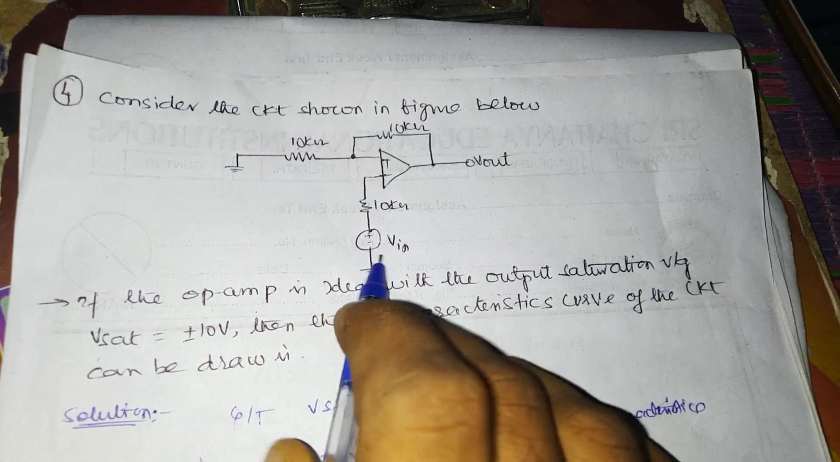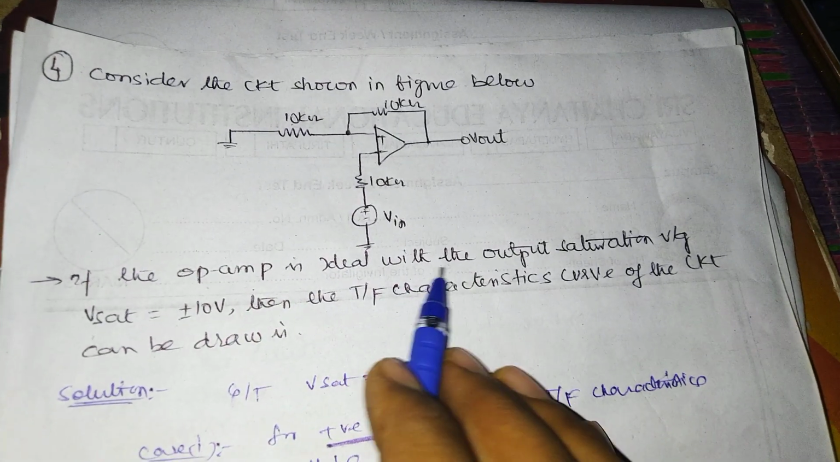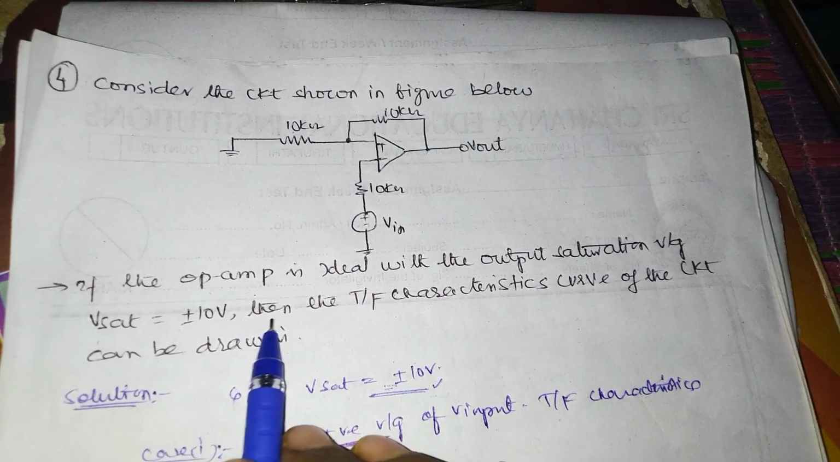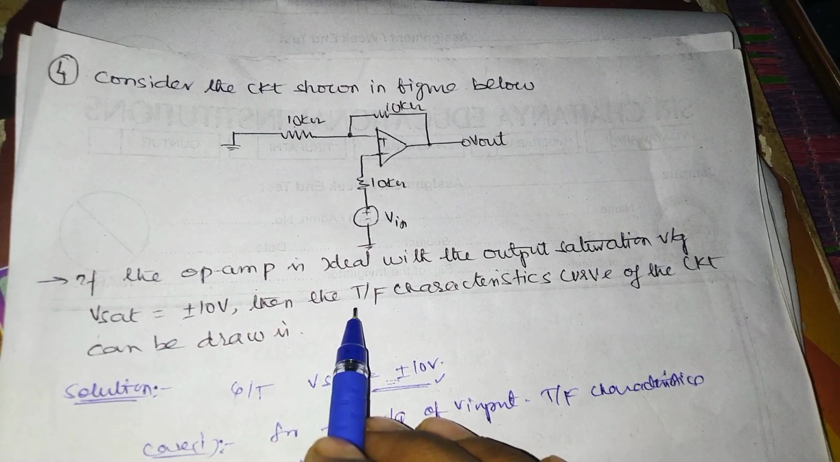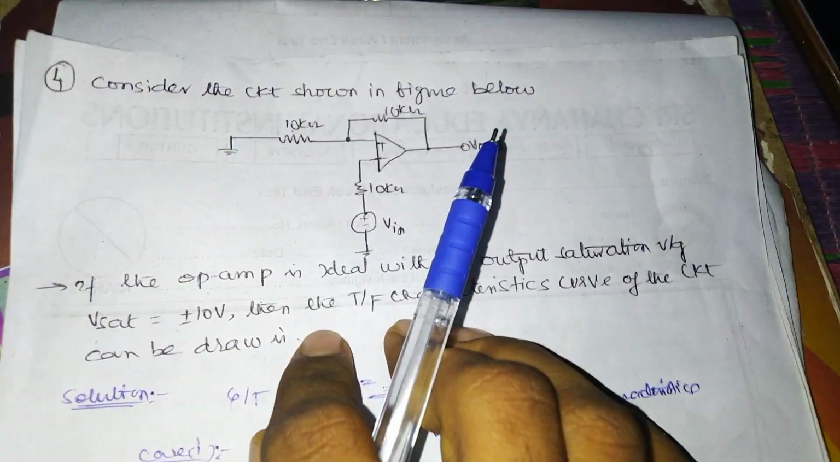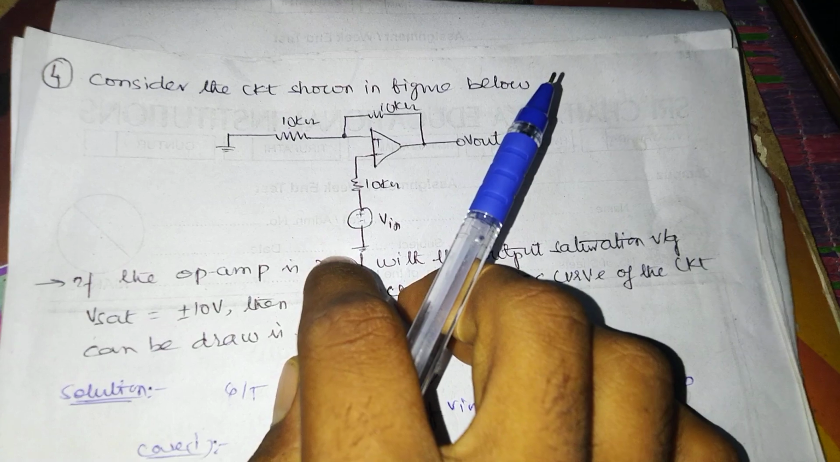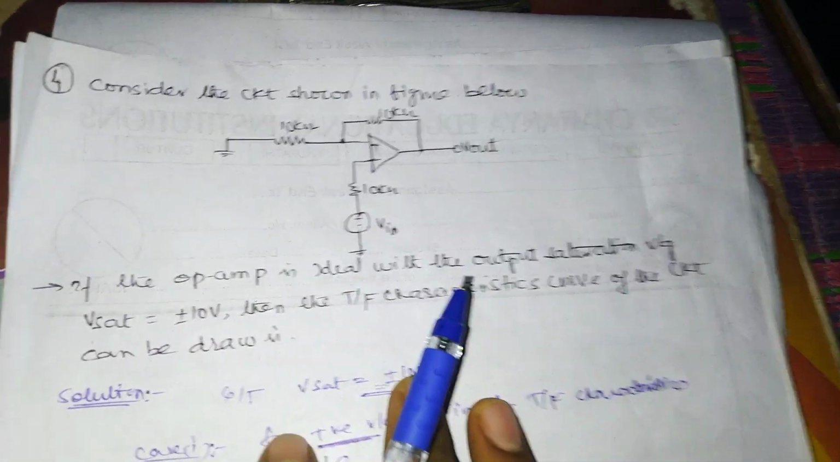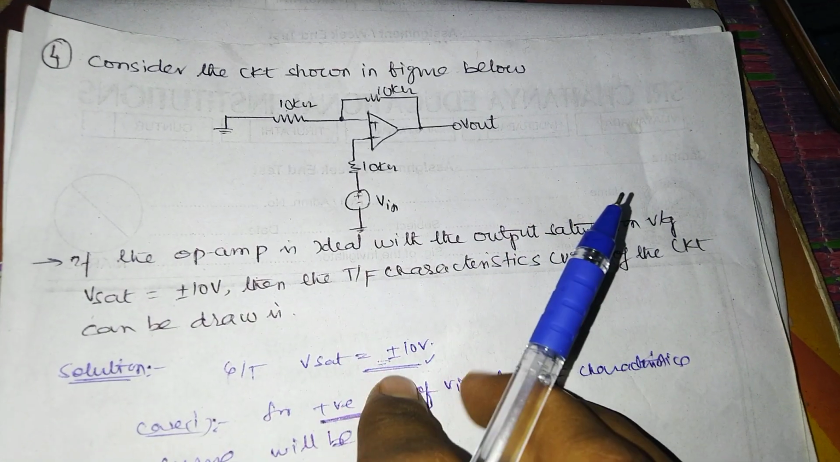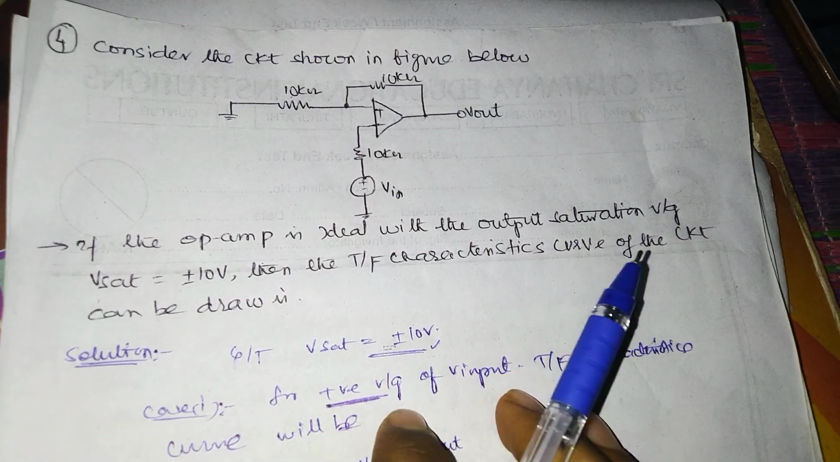An input voltage is applied. If the op-amp is ideal with output saturation voltage of plus or minus 10 volts, find the transfer characteristic of the circuit. So we have to draw the transfer characteristics for plus or minus V saturation when applying the input voltage. Given that V saturation is plus or minus 10 volts, for the first case,